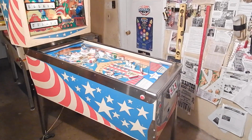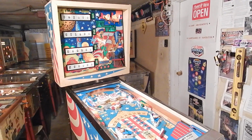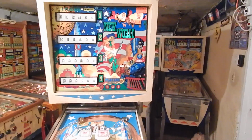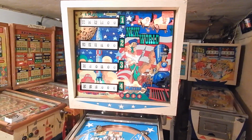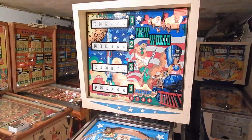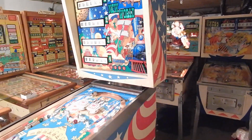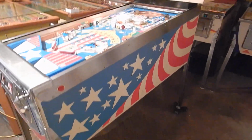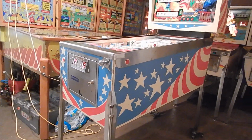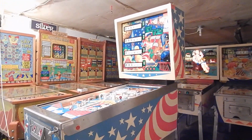So this particular game was bought and put into a YMCA down in Monmouth County, which is close by that Brick and a lot of the other shore areas. It stood there for a short period of time, and then it went to a boys' camp in the shore area, and for some reason,